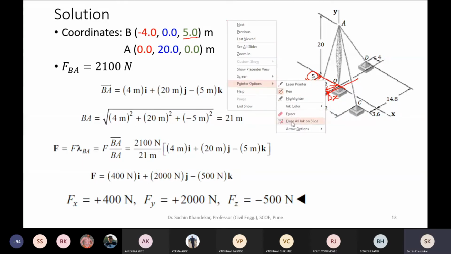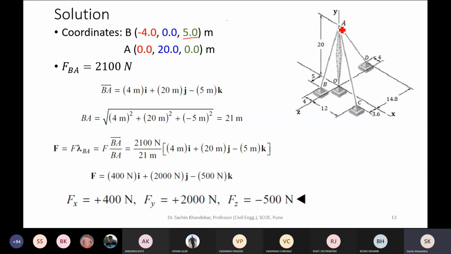Next, you write the coordinates of point A. Now point A is on y axis, correct? Exactly, point A is on y axis. So no doubt the other two coordinates, that means x coordinate and z coordinate, must be 0. So point A will have only y coordinate. Okay, so how much is the y coordinate of point A?